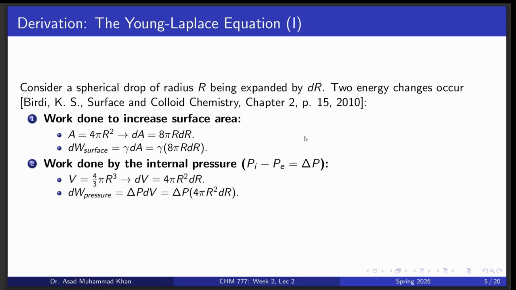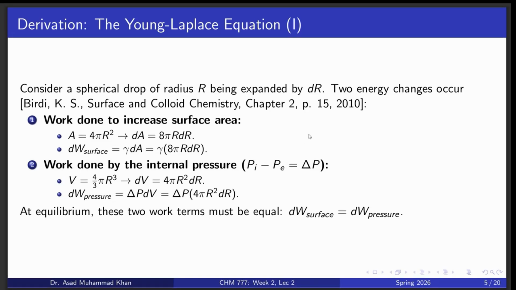So work done by the internal pressure will be, in case of volume, 4 by 3 pi r cube, क्योंकि internal pressure तो volume से आएगा ना, so that will be differential of volume 4 pi r square into dr, and dW pressure is equal to delta p dV, which is equal to delta p into this dV। ठीक है, ये समझ गए ना ये बात आप? यहाँ पे ये डिफरेंशियल आ गया ना, और यहाँ पर भी ये डेल्टा पी को इसके डिफरेंशियल के साथ मल्टीप्लाई कर दिया, तो आपके पास वर्क ड्यू टू इंटरनल प्रेशर आ गया।